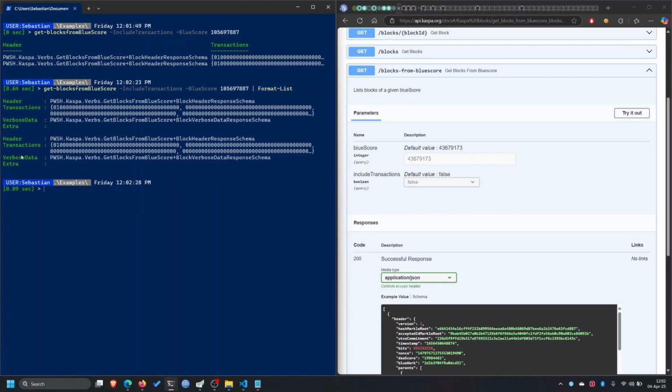Okay, so it seems that we have some blocks. Let's store this information in a variable. It seems that we have 2 blocks, but let's confirm this. Dot count. Yes, there are 2 blocks. As you can see, they are split here. Okay, so what can we do? We can access block number 0,